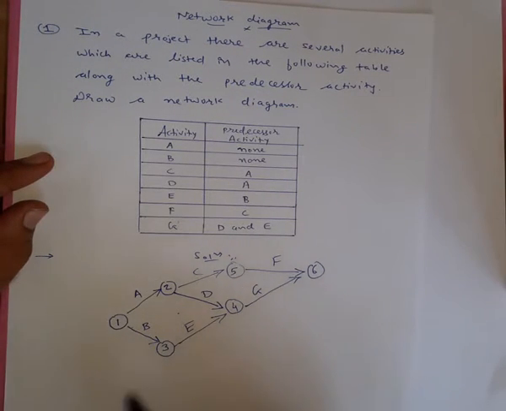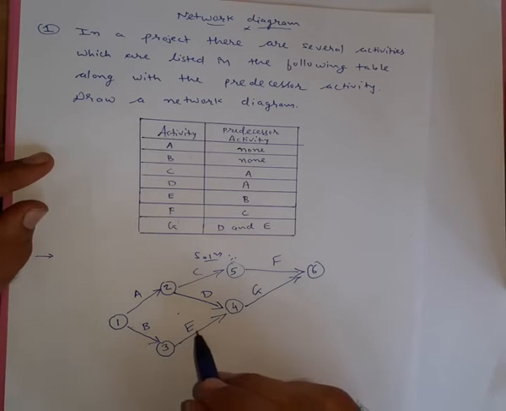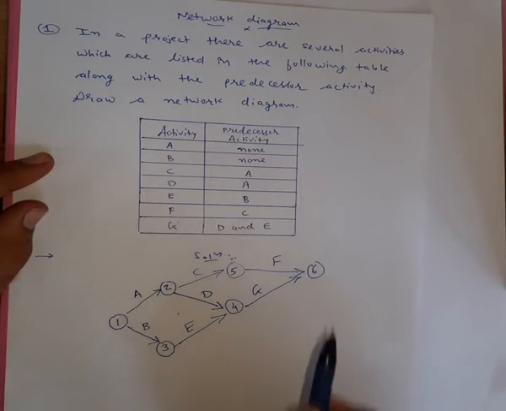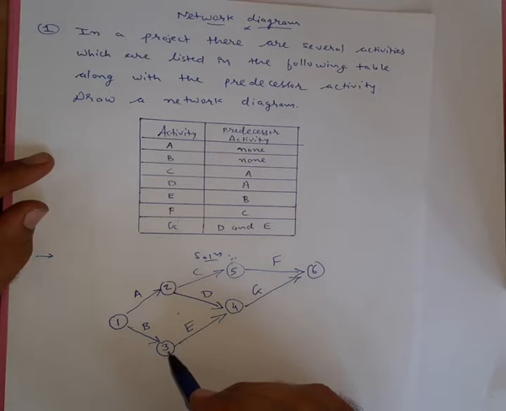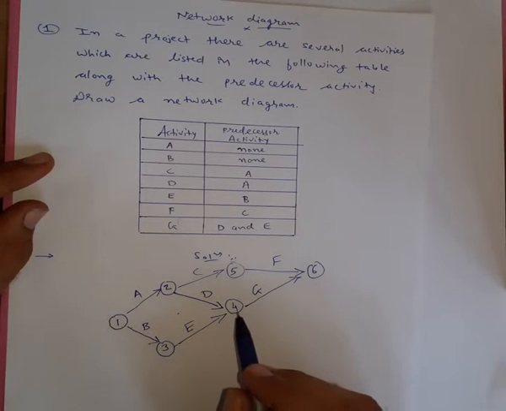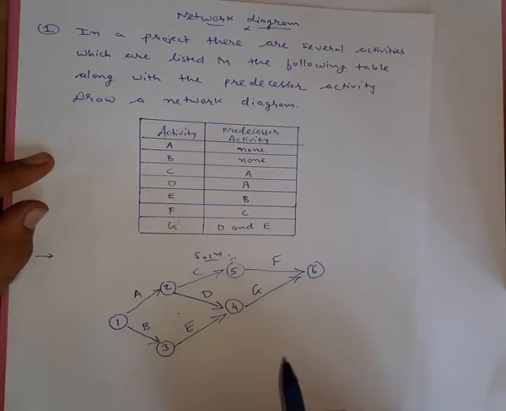It can be numbered randomly, but for that particular activity for which you are giving the numbering, for this activity E, you can see, for each activity there will be one tail and there will be one head. Means there will be one starting point and one end point. So its starting point will always have the lower number as compared to its head. Head will always have the higher number. So this is how the network is drawn.